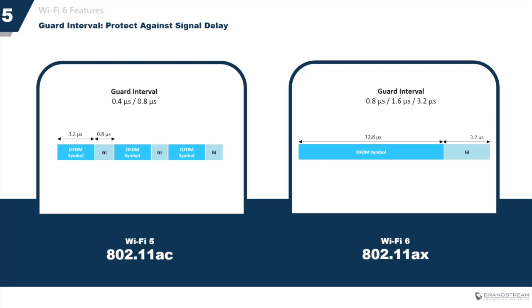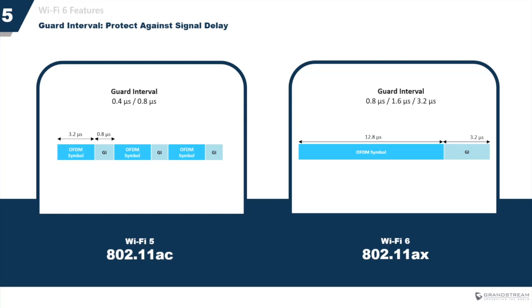So 802.11ac supports two options for guard interval, 0.4 and 0.8 microsecond. And you've probably heard that choosing the short guard interval, 0.4, would increase your data rate by approximately 10%. This happens because a short guard interval reduces the idle time between symbol